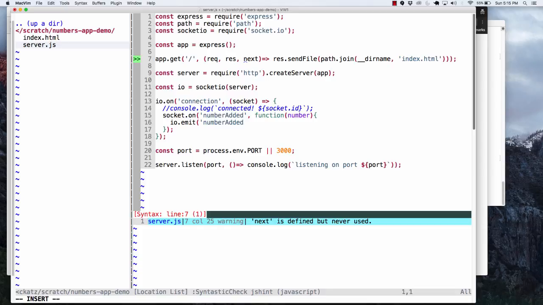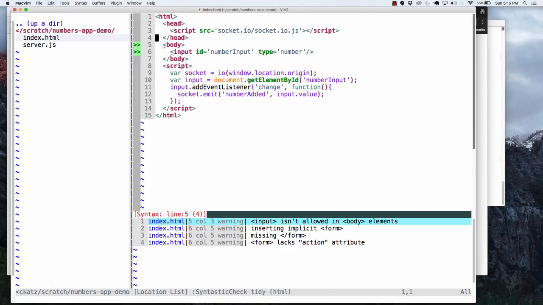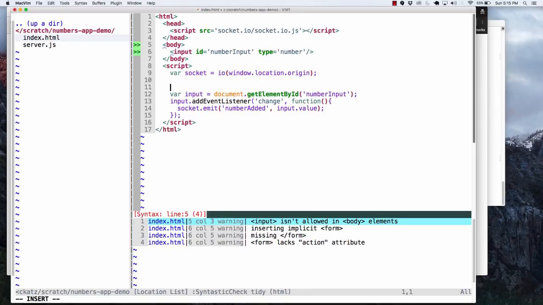Even if I end up calling it number added, that's perfectly legitimate. It doesn't really matter. What I'm looking at here is I want to broadcast out to the rest of the world, whoever is listening, that I've actually added this number. So I'm going to go back to my index page, and I'm going to take this socket, again, two-way communication, socket on,